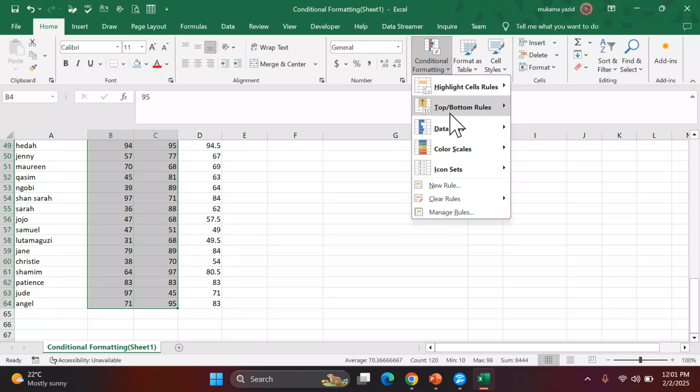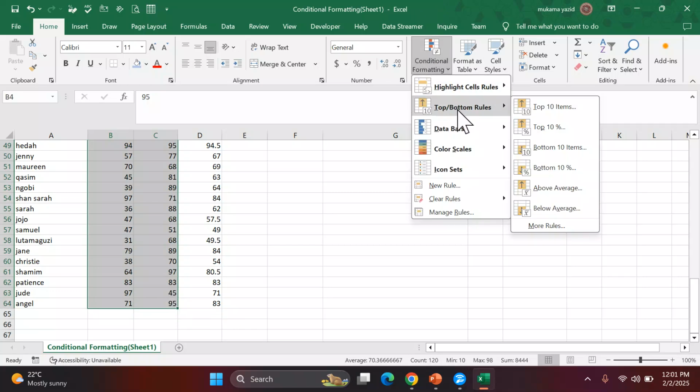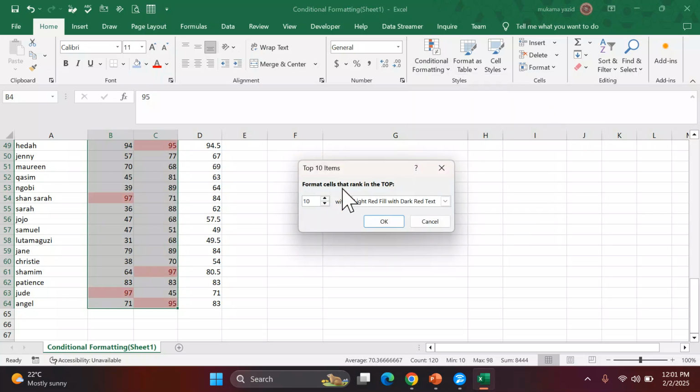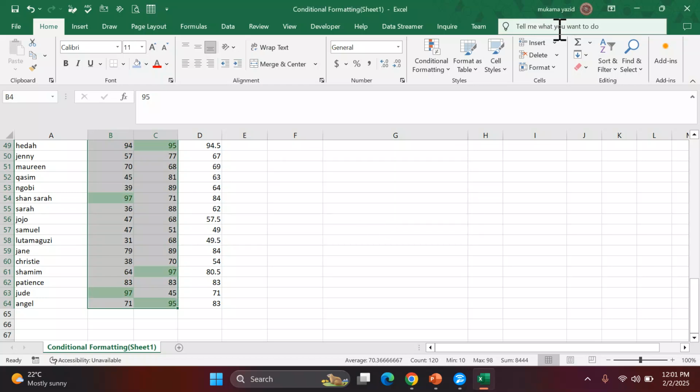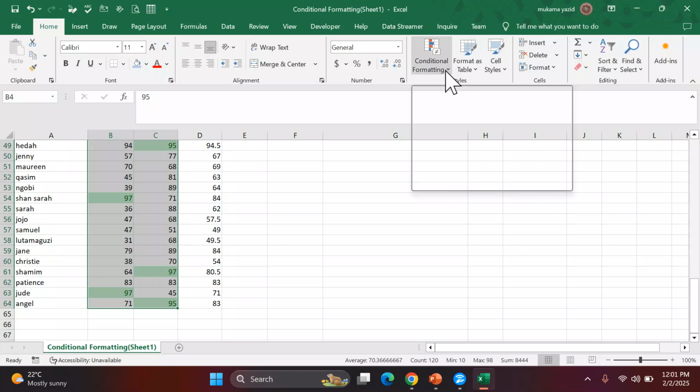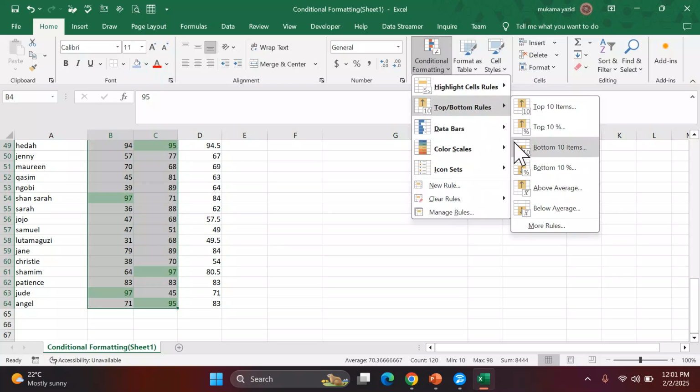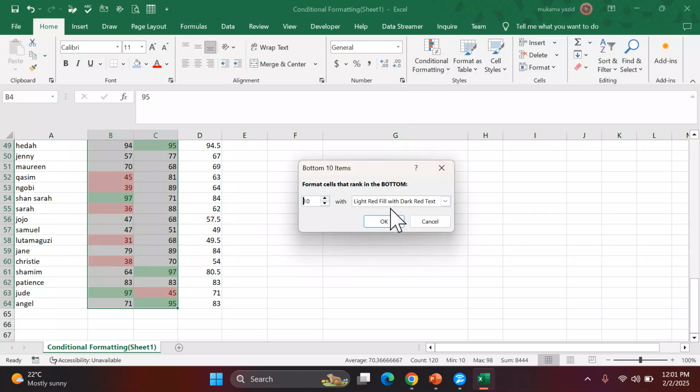We go to conditional formatting. We are on Top/Bottom Rules, so we want to see the top 10 performers. We can distinguish them with a different color, that is green, and we use Top 10. We can apply the same thing with Bottom rules, those who performed poorly, we can use red, the bottom 10, or